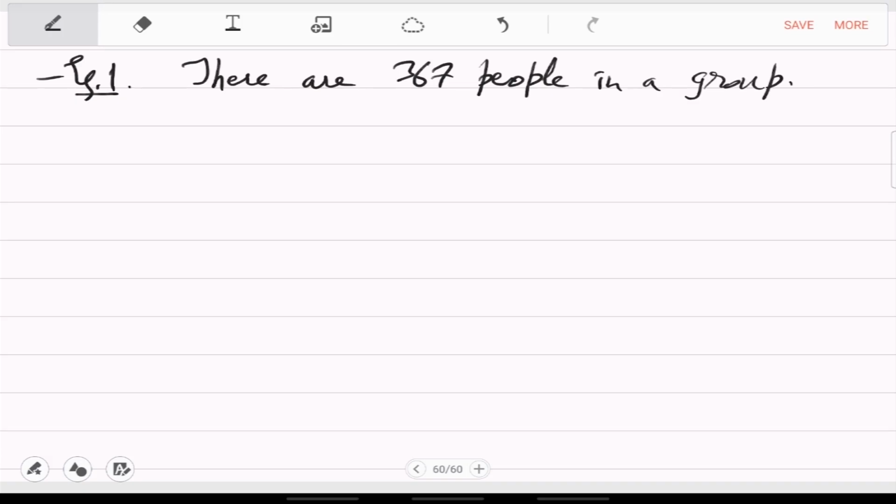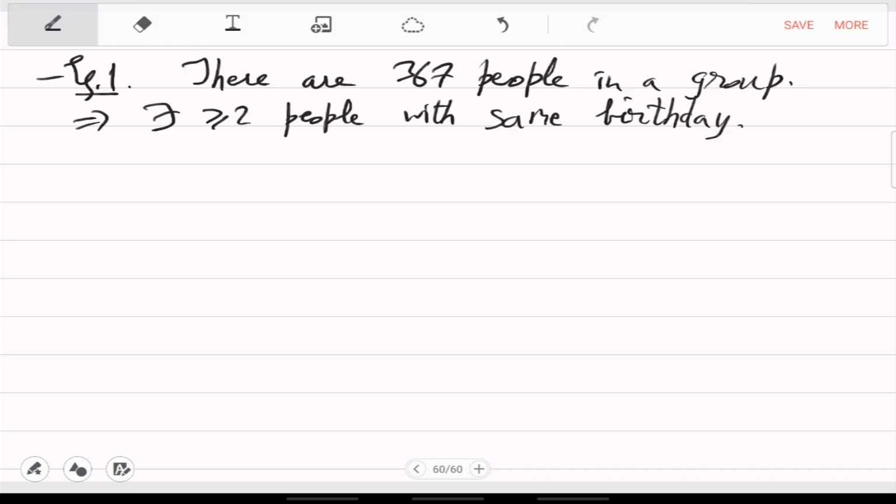Yeah, so there will be at least 2 people who will have the same birthday. So there exist greater than or equal to 2 people with the same birthday. So in these examples, you basically have to identify what are the pigeons and what are the pigeonholes,